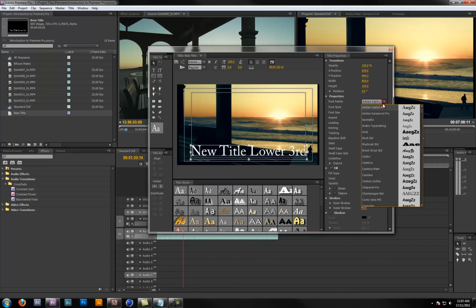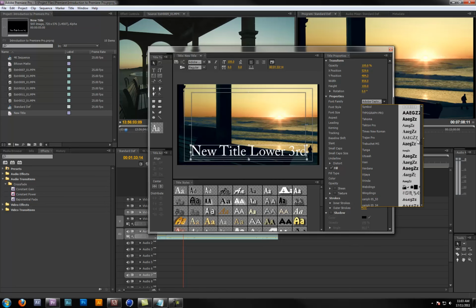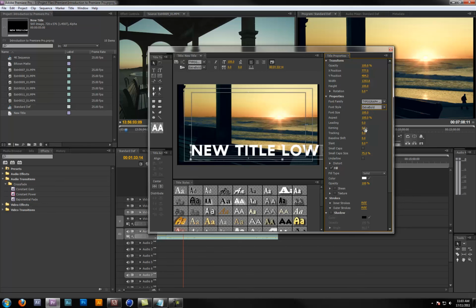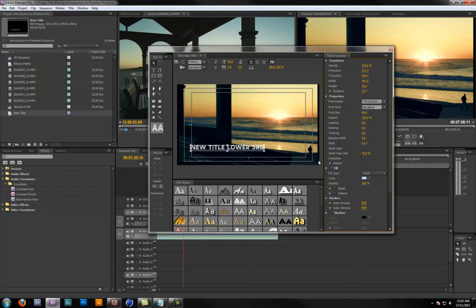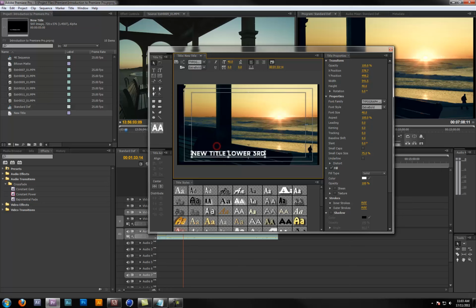You've got access to just your regular font library up the side here. So let's go with something like Typograph Pro. Maybe we'll do extra bold, change the font size. We could change the color if we needed to, which I don't really want to change anyway. Let's just leave it white. Move that in here. I think we can throw a shadow underneath it if we wanted to as well. And